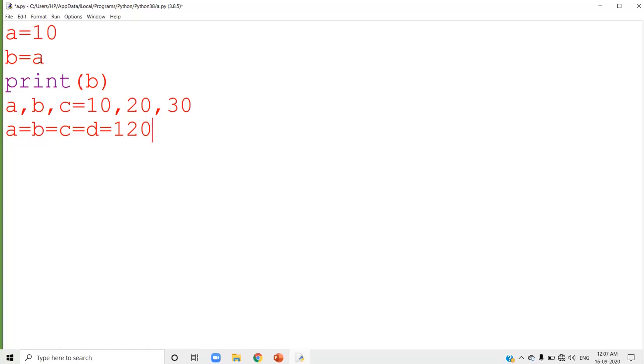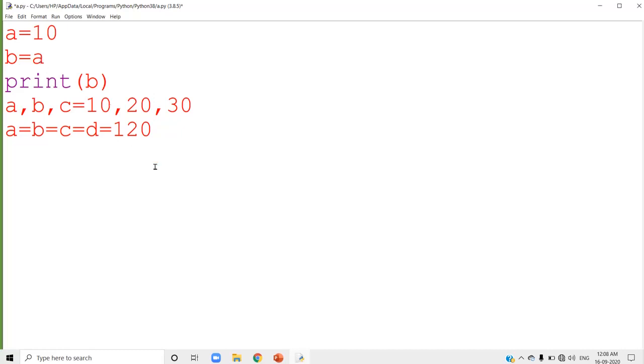So these are the different types of assignment statements used in Python. Same value is stored in multiple variables, whereas in the previous example, different values were stored in different variables.